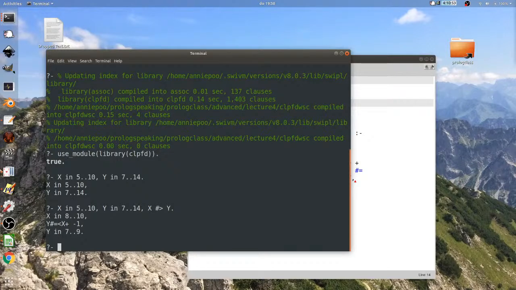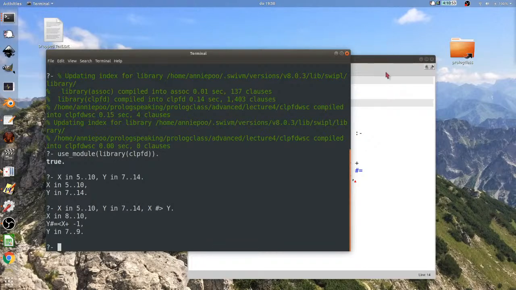In fact, it's a little smarter than I am. I was kind of expecting Y to be 7 through 10, and oh no, because X has to be more than it. So we can start setting up problems and reducing them.